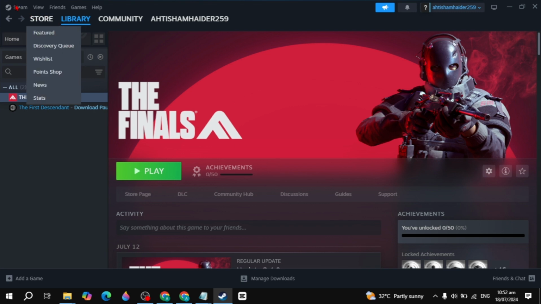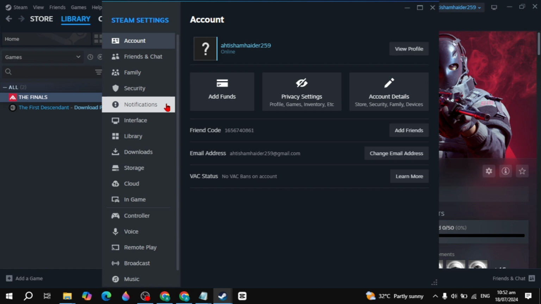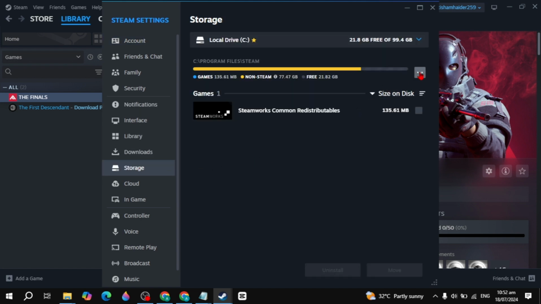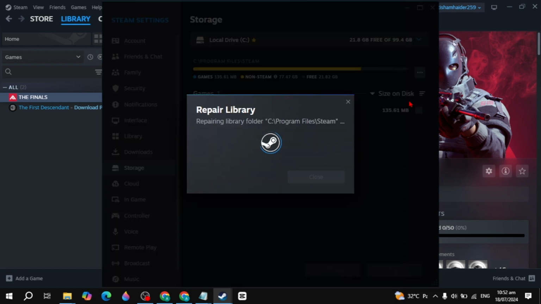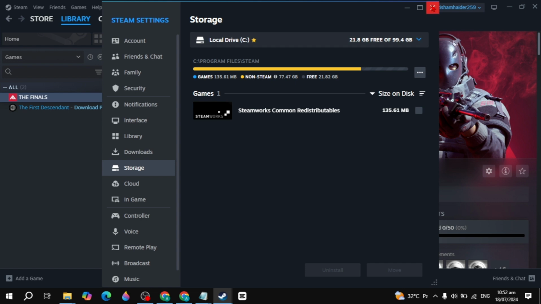And if your problem still does not fix, then go to Steam, click on Settings, and now here go to Storage and click on the three dot option and click on Repair Library. This is the built-in function by Steam, and it can fix corrupted or missing files of your Steam or games. Then you can restart your Steam, restart your game, and see if your problem is